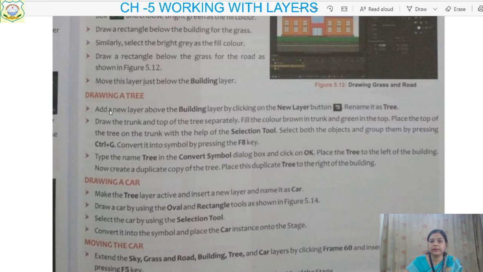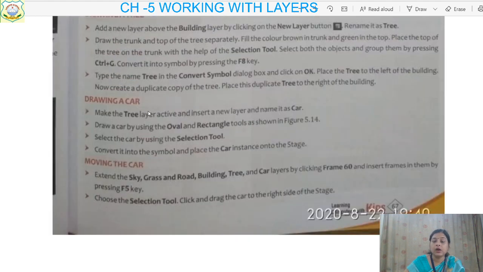फिर उन्होंने क्या लिया बेटा? They have chosen a tree. To draw a tree, again, in the first chapter you know how to draw a tree: trunk लोगे और उसका top बनाओगे अलग से. You will make them, you will group them, and then you will place the tree. And last they have drawn a car.